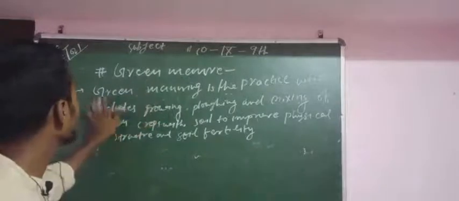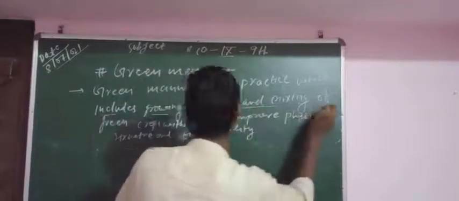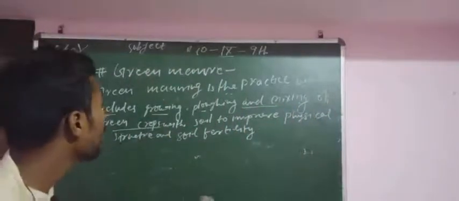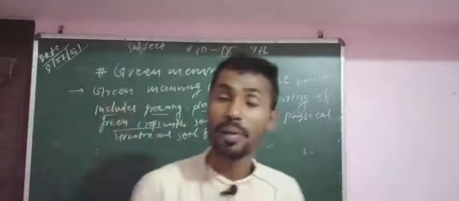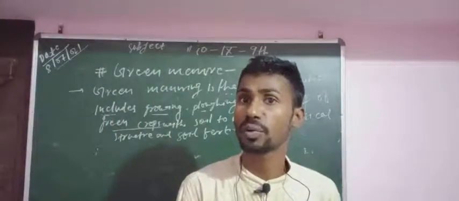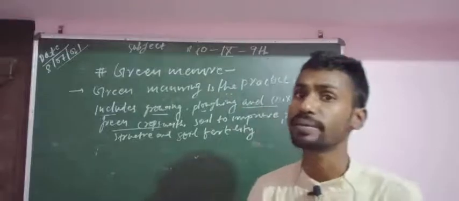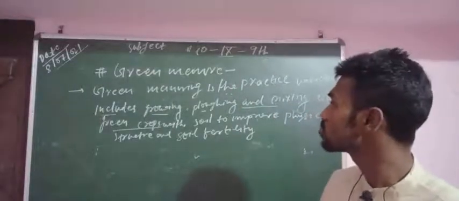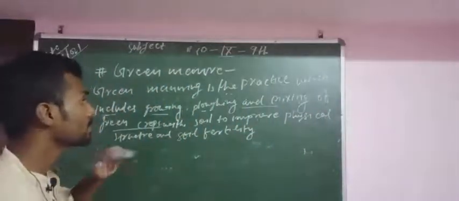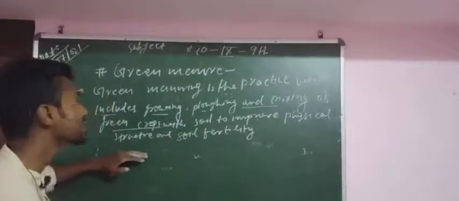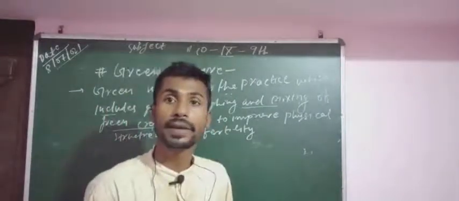The green manuring is the practice which includes growing of plants, plugging and mixing of the green crops with the soil. टू इम्प्रूव द फिजिकल स्ट्रक्चर एंड सॉइल फर्टिलिटी। हमने जो आपसे कहा उसी चीज़ को हमने लिखा। इसमें क्या है, प्लांट्स का ग्रो होना है, प्लांट्स ग्रो करता है, उसके बाद प्लगिंग के थ्रू वो क्या करते हैं, उस सॉइल में प्लांट्स को हम लोग मिक्स करने की कोशिश करते हैं। दैट मीन्स कि उसको क्या करते हैं, मिक्स करते हैं प्लांट्स को और प्लांट्स वेस्टेज को मिक्स करते हैं। आफ्टर दैट उससे क्या होगा मेरा, वो डिकम्पोज हो जाएगा विथ रिस्पेक्ट टू टाइम एंड इट्स गिव अस, दैट मीन्स ये क्या है, बेनिफिशियल है फॉर द सॉइल, फॉर फिजिकल स्ट्रक्चर एंड सॉइल फर्टिलिटी।